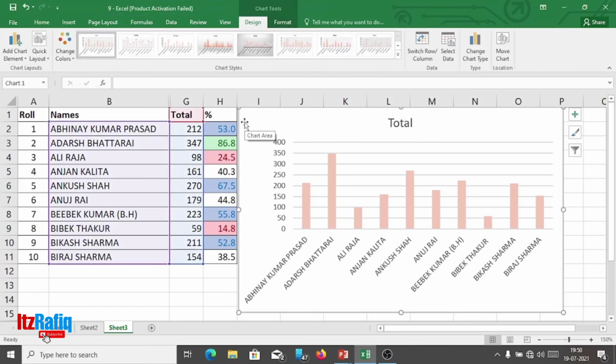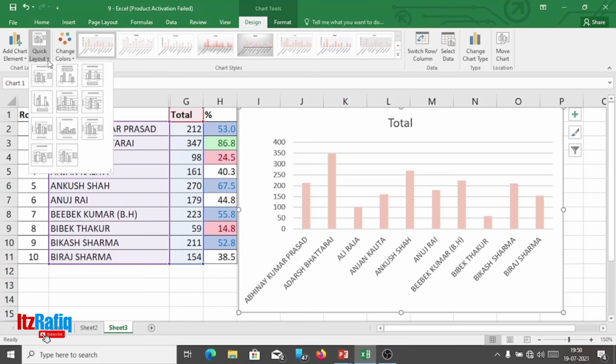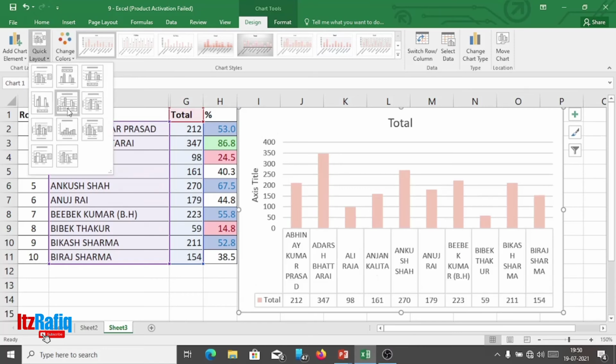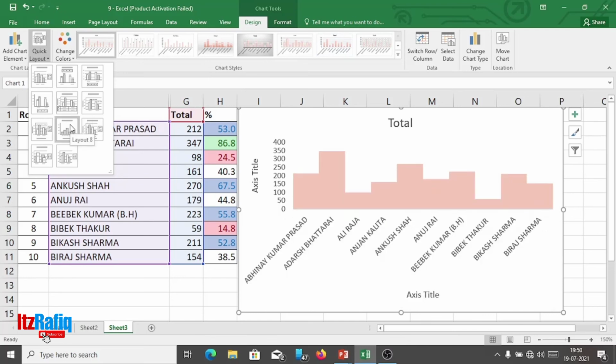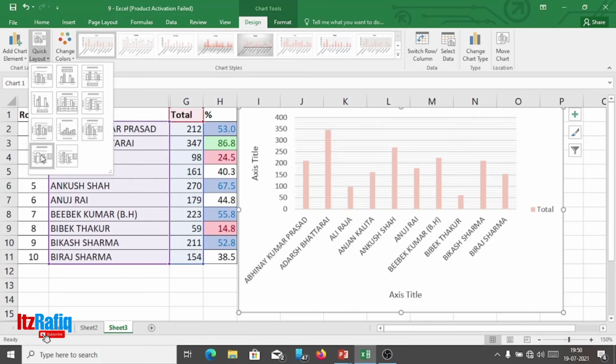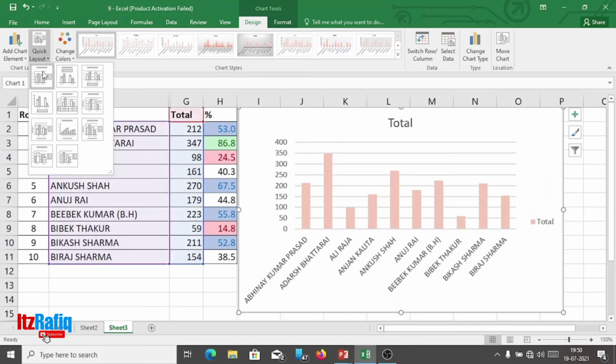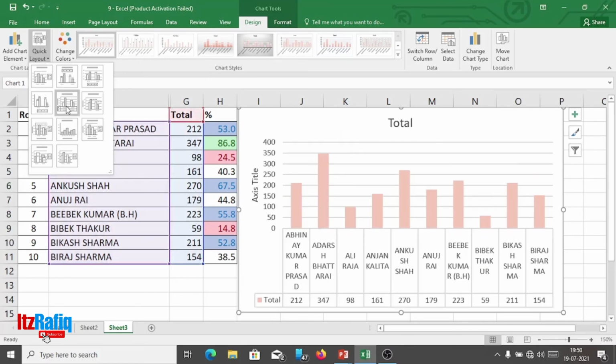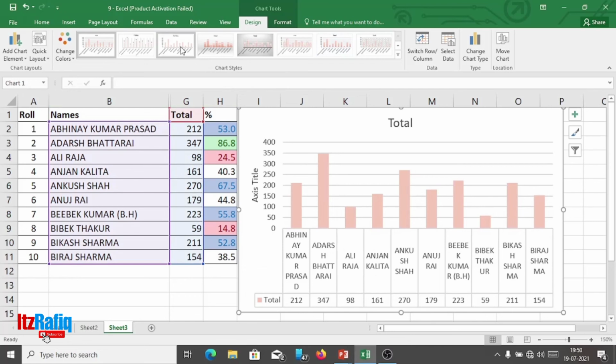From here we will select the chart, and quick layout is there. From here you can select different layouts. Suppose this one here, the total numbers will also display. Whatever you like you can set it here. Suppose this one.